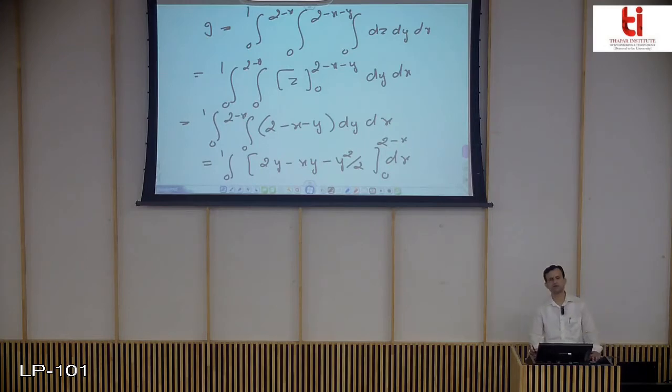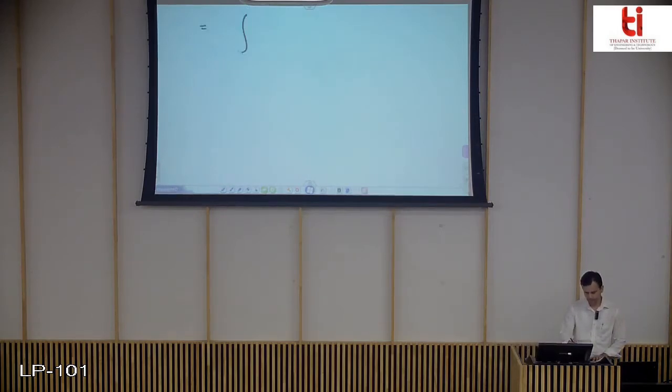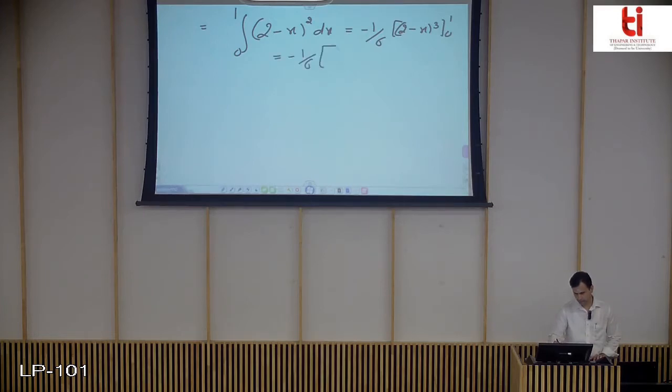This is how you can solve these simple integrals, in case a question on the triple integral is asked; it will be in this form. Finally, if you solve this and put in the values, you will get the integral of (2 minus x) whole squared dx, and this gives you minus 1 by 6 times (2 minus x) cubed from 0 to 1. So this is 1 by 6 times (8 minus 1), which is 7 by 6.